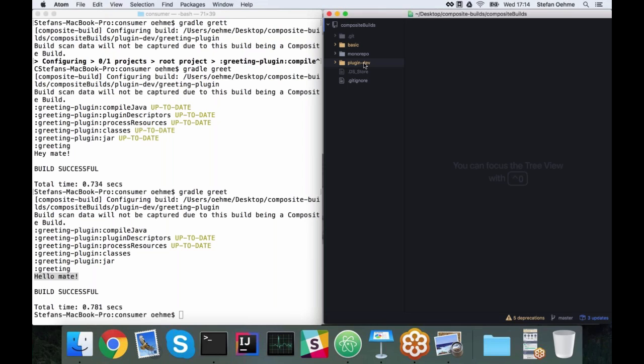For a local developer to say, I need to experiment with another project. I need to experiment with a library that someone else has built and which has a bug, or I need to experiment with a plugin that somebody has built and it's not doing quite what I want. But composite builds are also useful for